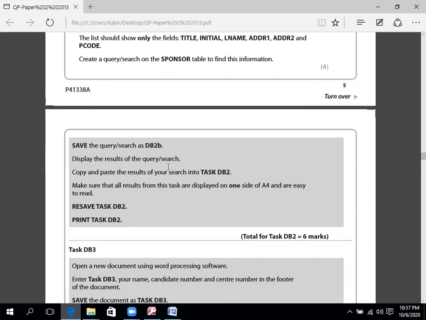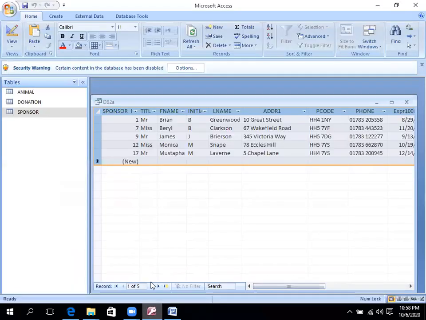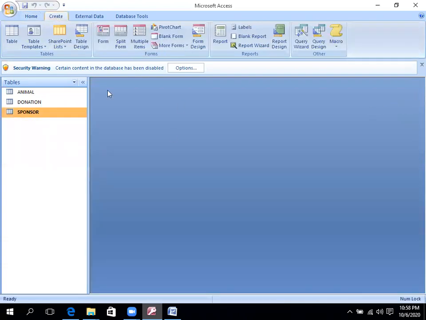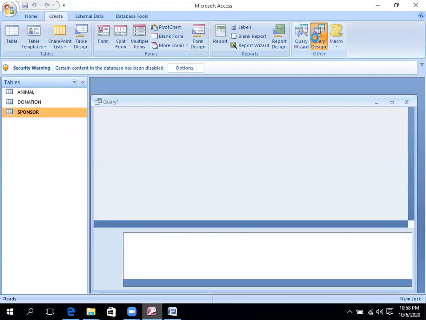Display the results of the query or search, copy and paste the results of the search into task DB2. Make sure that all results from this task are displayed on one side of A4 and are easy to read. Resave task DB2, print task DB2. So go to the database, close it, go to create, go to query design,